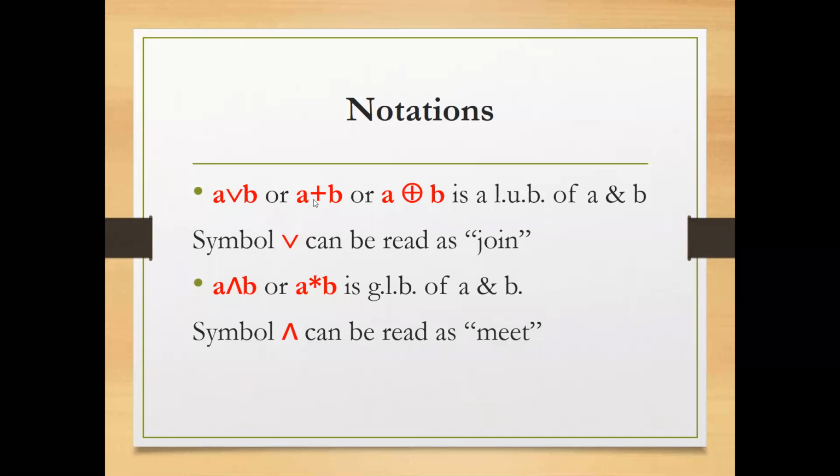Notations, this symbol, join or plus, is denoted for the least upper bound of A and B, and this symbol can be written as join, and the symbol this, which is known as meet, A meet B or A star B, this is the notation for the greatest lower bound. Okay, so this symbol can be read as meet and this symbol can be read as join. Mostly we will use these two symbols, the join symbol and the meet symbol, but sometimes this symbol can also be shown in the questions. So the meaning is same, plus is the least upper bound and star is the greatest lower